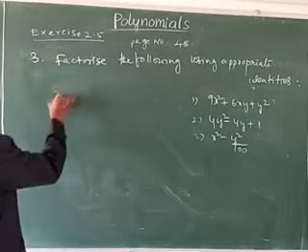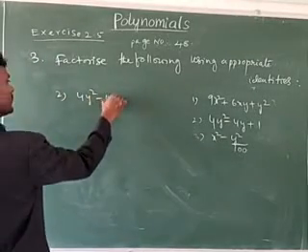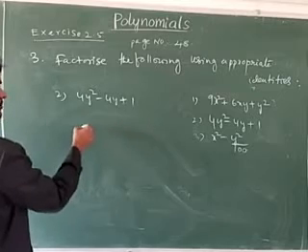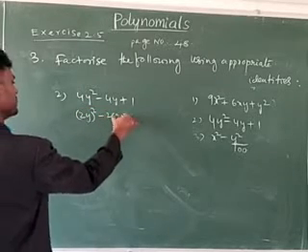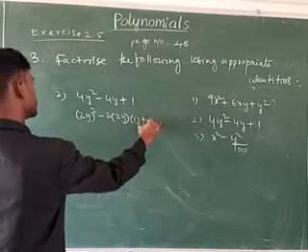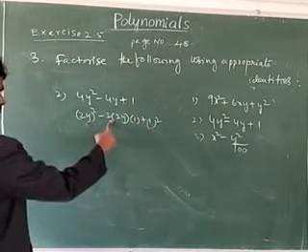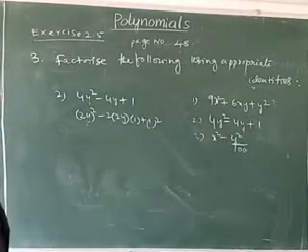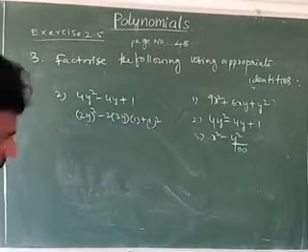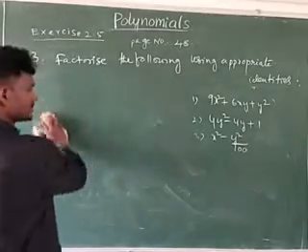Second one, same here, 4y square, 4y plus 1. You have to try at home. This one is written as 2y whole square. Then 2 into 2y into 1 plus 1 square. The a square minus 2ab plus b square is equal to a minus b whole square formula. Then 2y minus 1 whole square. You have to try at home. Next, this one also you have to try at home.